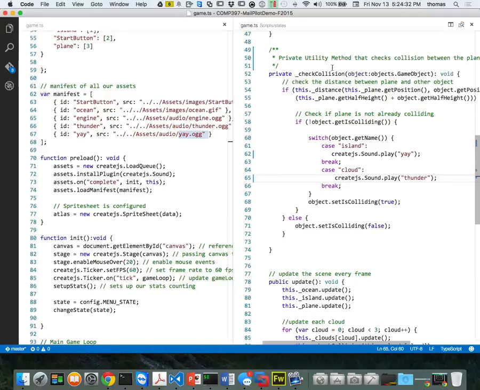Let's try this now. So I've got this thing working. It's got its sounds. Now I want to play my engine sound. Remember my engine. Whenever I instantiate my plane, I want to play my engine sound forever, right? So how do I do that? Well, okay, let's check this out. So I want to loop my engine sound forever, right? Well, we're going to get the answers from my